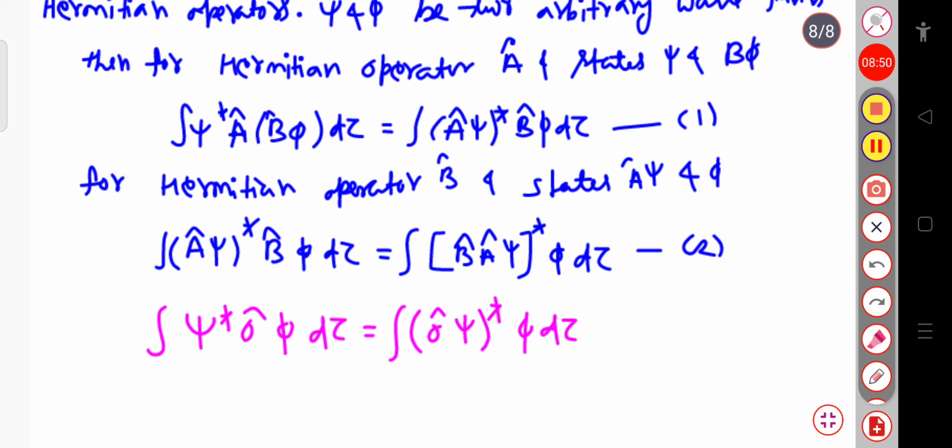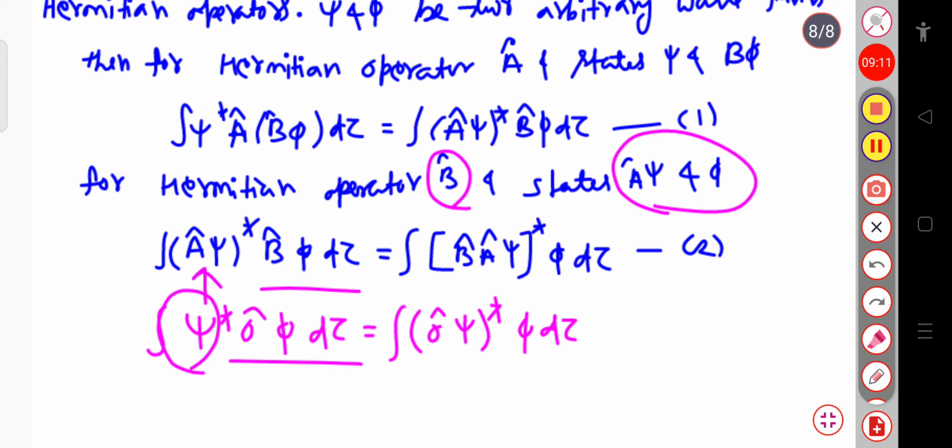Now here we are considering that if there is the operator B cap and it is Hermitian in nature, then in the states A cap psi and phi, but here the states are psi and phi we have considered. So for A cap psi, in place of psi I will simply write A cap psi whole star, and the other term will be as it is. And here similarly, in place of O cap, in place of psi I will write A cap psi whole star. Okay. This O cap is your B cap. So this is your B cap, A cap psi whole star and phi d tau.